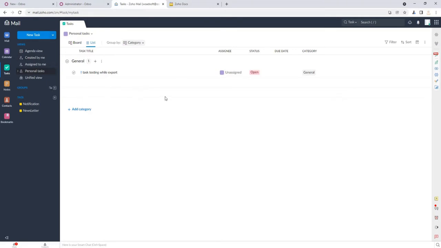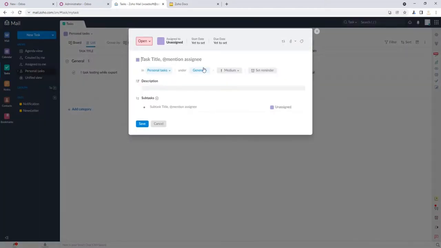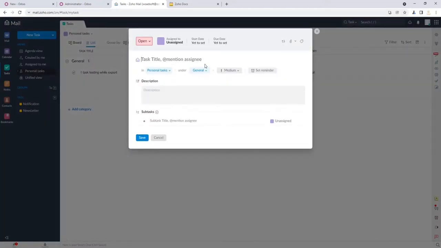So we are going to add a new task that will be imported in Odoo. Okay, so we can create a new task from the new task button, and we can add the title of the task: Odoo import task testing.